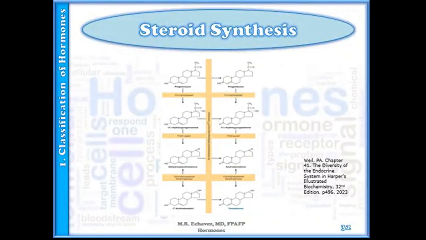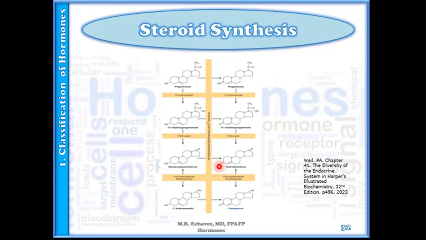So this picture is also found in the 41st chapter. Earlier we discussed your pregnenolone, which can be converted into your progesterone. Later on, with the action of your 17,20 lyase, it will cleave the 2 carbons here so that you now have your 19 carbon androgens. So from the 21 carbons of pregnenolone and progesterone, you have your 19 carbon androgens.